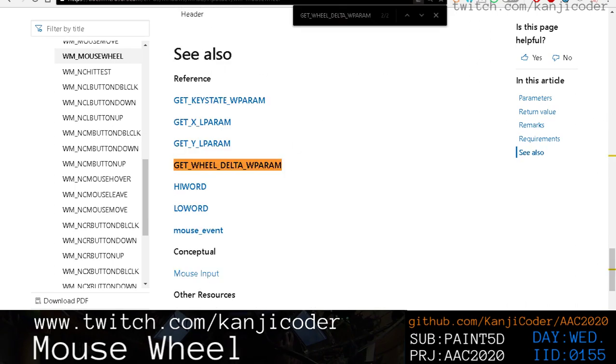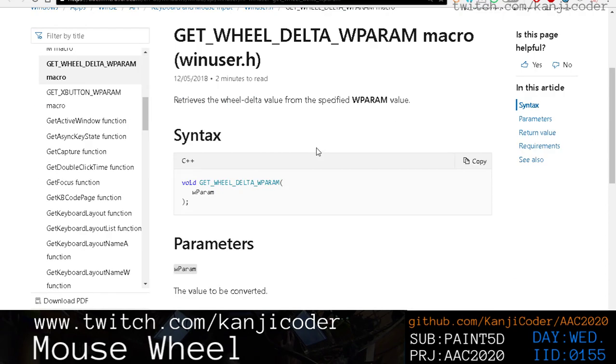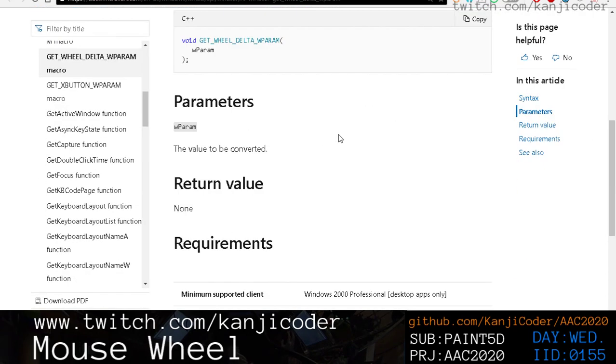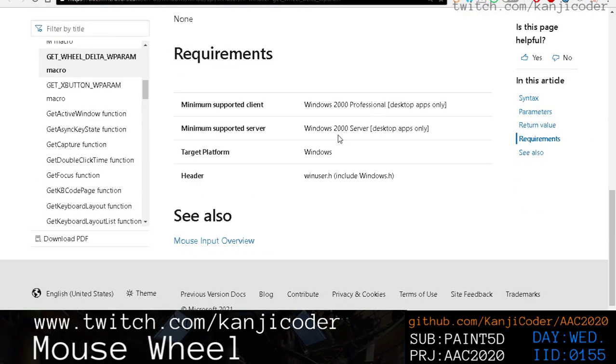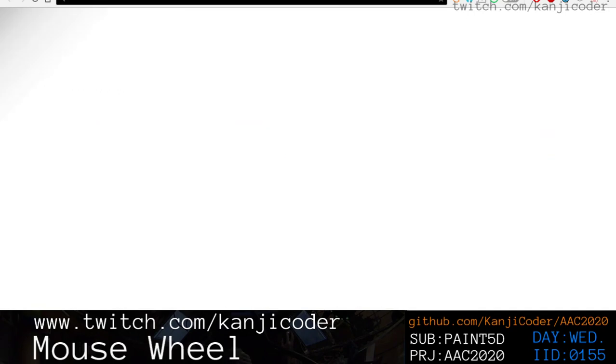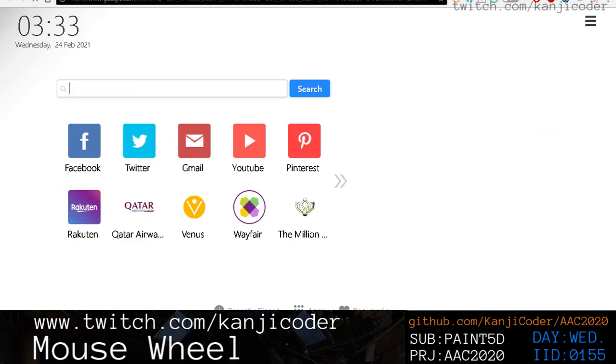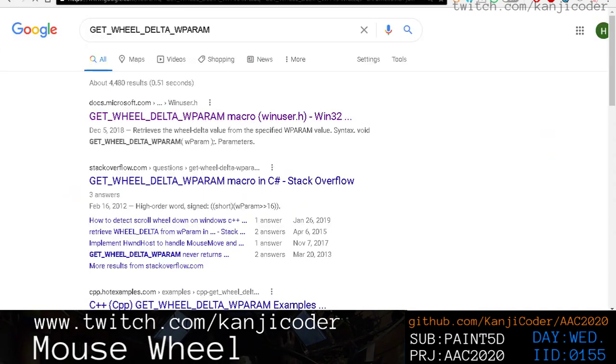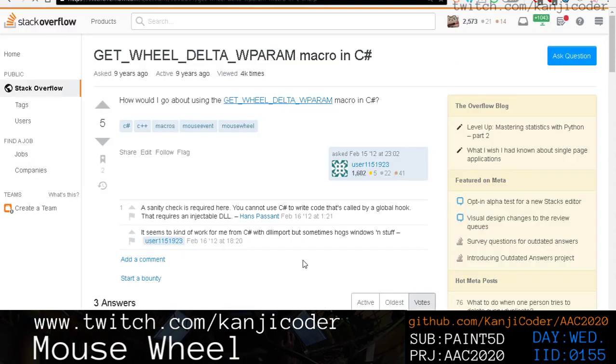Let's go look at that. It's a macro, but how does that actually work, right? I just want to know how that macro actually works, because I'm going to hard code